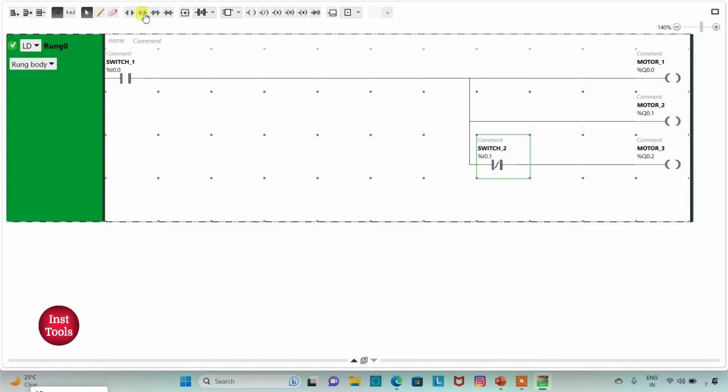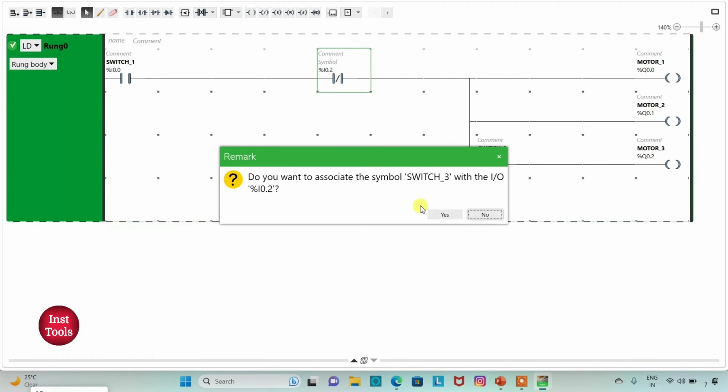We can add normally closed contact here, so that when we turn on this switch, the current will not pass through it and motor 1, motor 2 and motor 3 will be off. We can also add this normally closed contact separately for motor 1 here, motor 2 here and for motor 3 here. For now, I will take it here and assign address as I 0.2. I will add symbol as switch 3